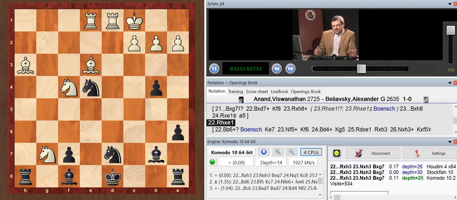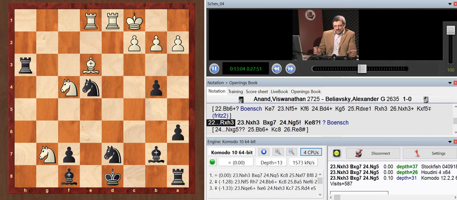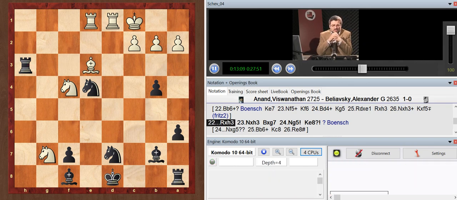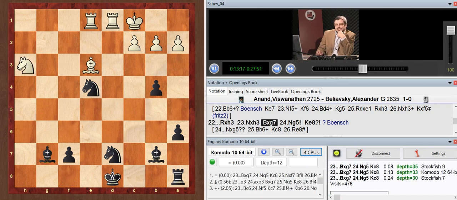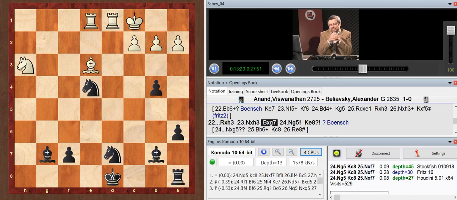So after the logical rook e1, we see that for the moment there are two pieces hanging, the knight on g7 and the knight on d7, and black played king d8 in order to be able to interpose with rook h3, destroying the main attacker, or one of the pesky attackers on h3. After knight h3, bishop g7, he even, nominally speaking, has achieved some material advantage.